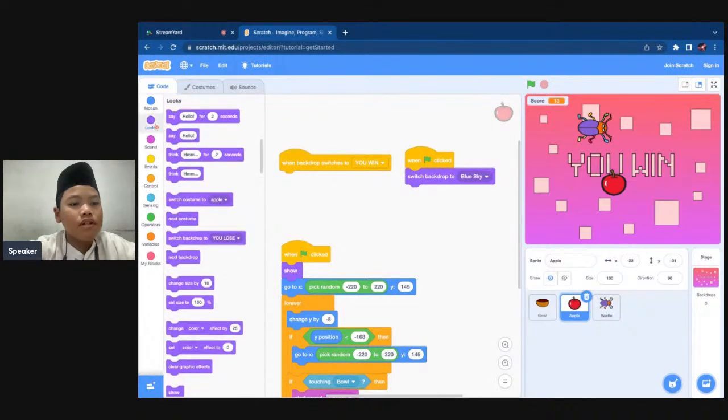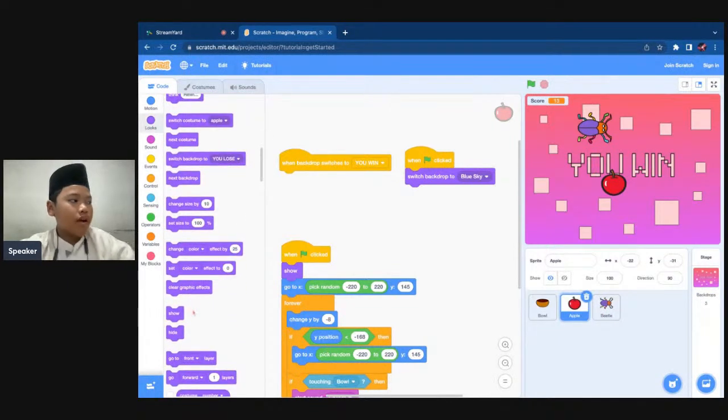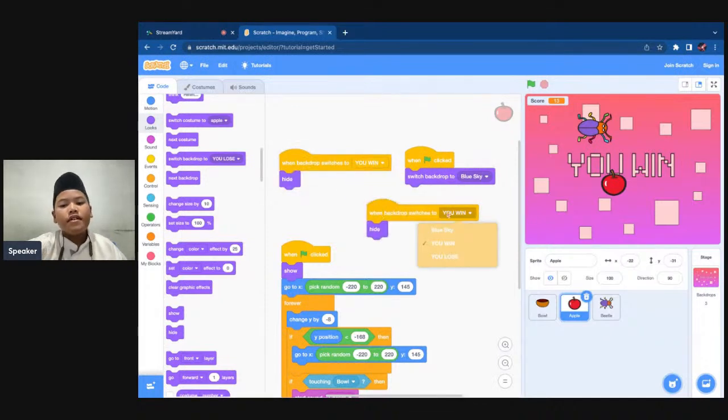And then everyone go to looks and drag the hide block and put it under the when backdrop switches to you win block like this. And everyone duplicate the when backdrop switches to block and change the you win into you lose.